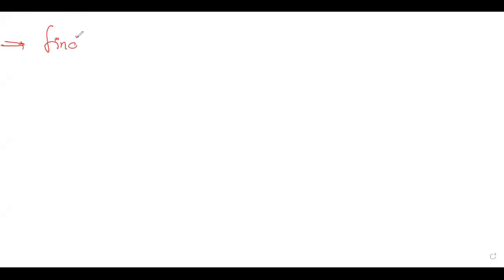Find out the inverse Laplace transform. Find out the inverse Laplace transform of X(s) equal to 1 by (s plus 4) into (s minus 2),